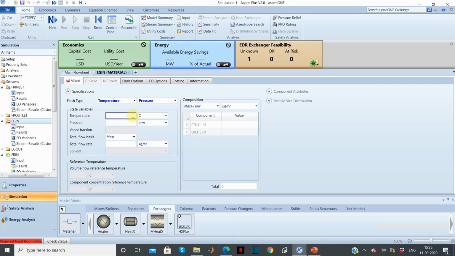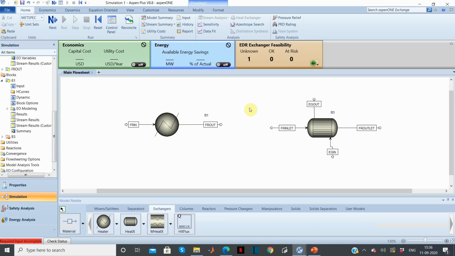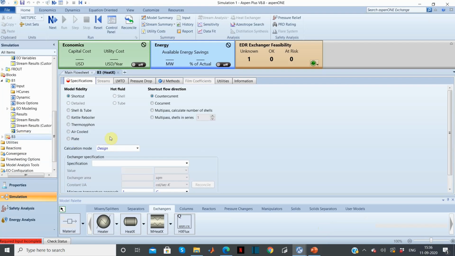Now we will enter the inlet specifications for ethylene glycol stream. The temperature is 370 Kelvin. Pressure 3 atmosphere. And the flow rate is 4780 kgs per hour. Now we will go to this B3 block, which is our Heatex. We will select model fidelity as shortcut.